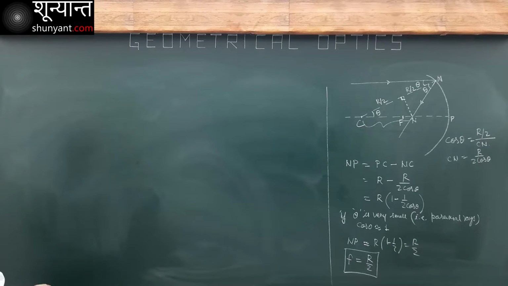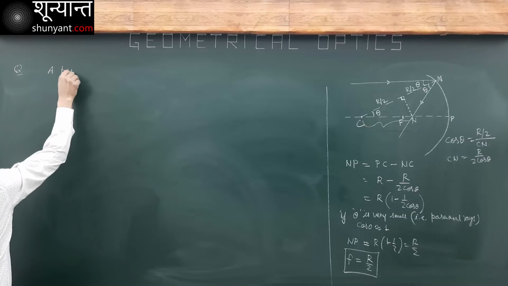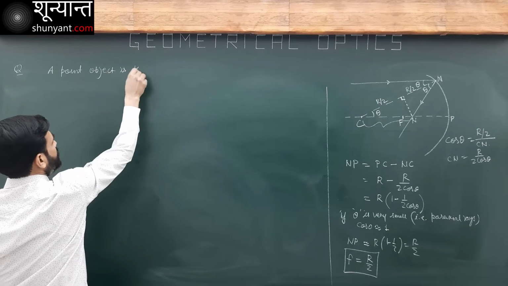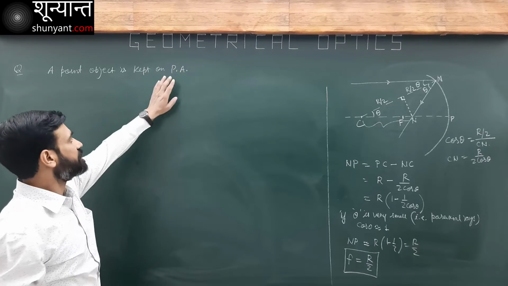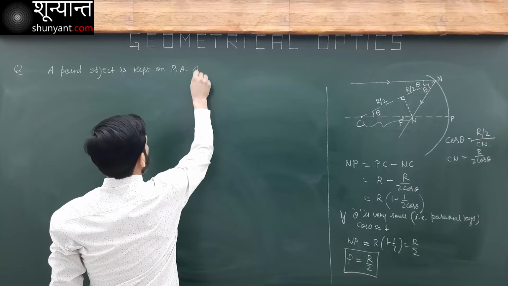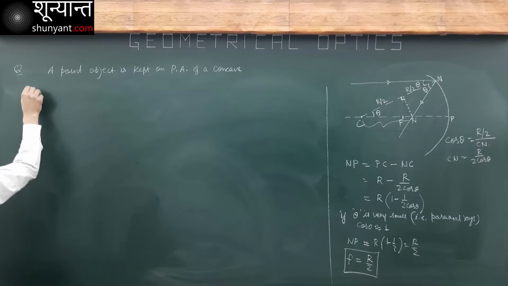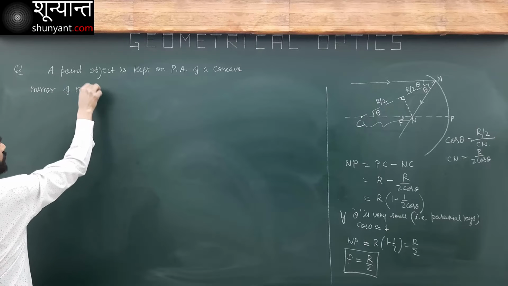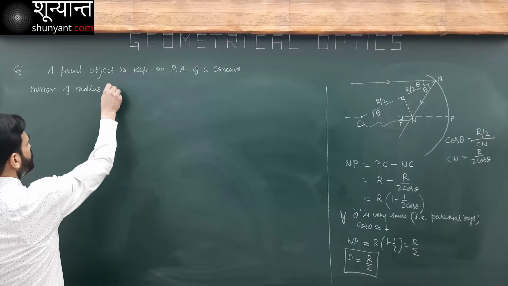Okay, let's start with questions based on mirror formula. A point object is kept on principal axis. Okay, this is a principal axis of a concave mirror of radius. Okay, a point object is kept on principal axis of a concave mirror of radius, let's say 40 centimeter